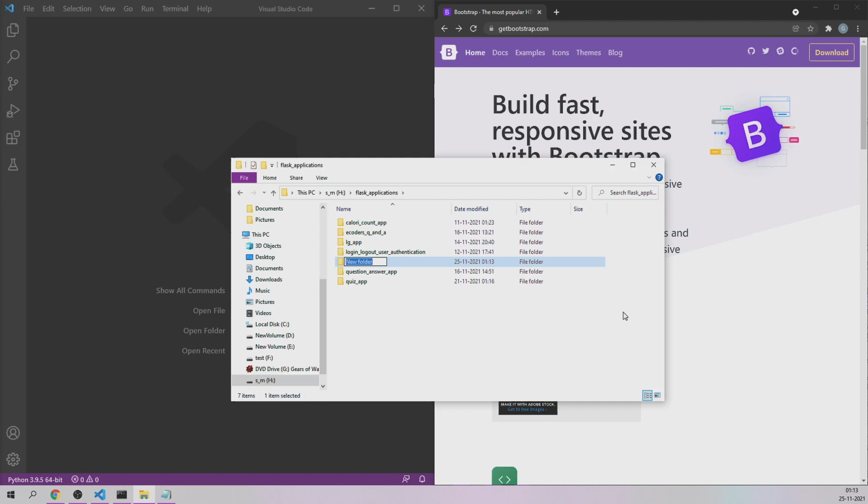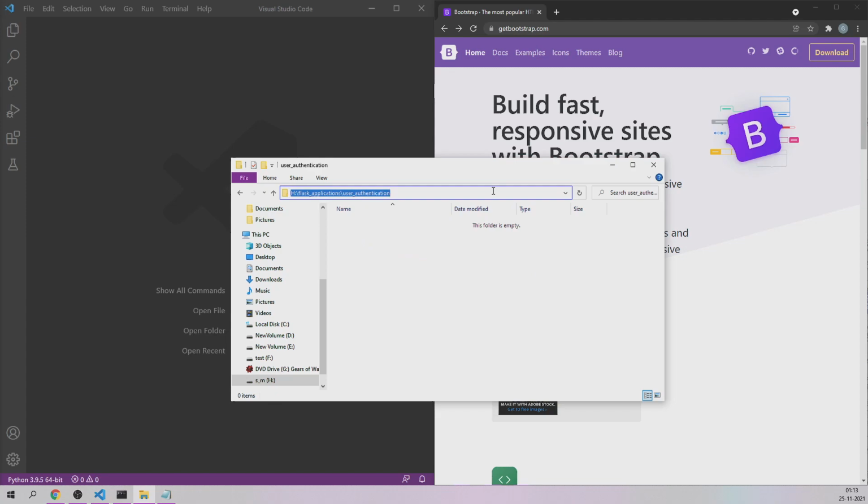Let me name it user authentication. That is going to be our app: login, logout, and it will display all the users. So we have a folder created right now, and this folder, you just have to open with your command